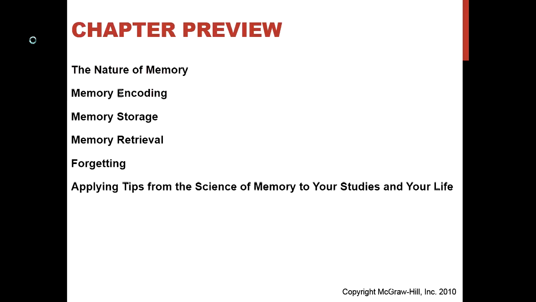How do we actually get the information that we have in our brain, and how do we retrieve it in a way in which we can remember everything that we've accomplished or experienced? And then finally we'll get to some different memory strategies that we can use,